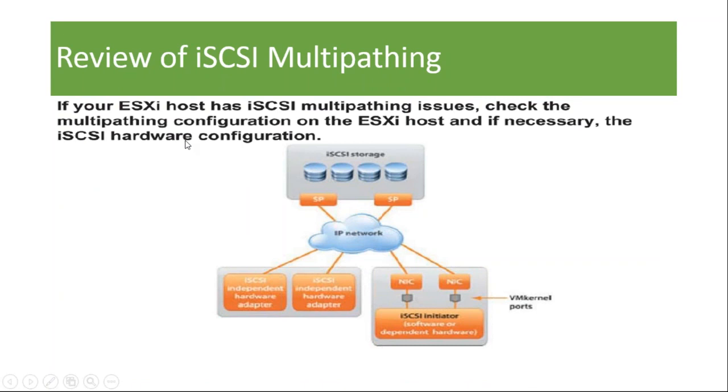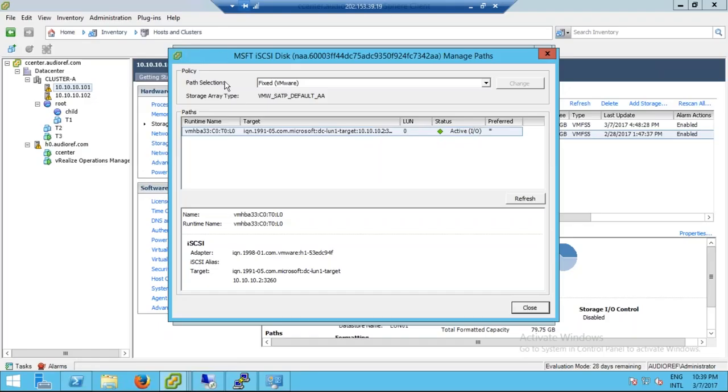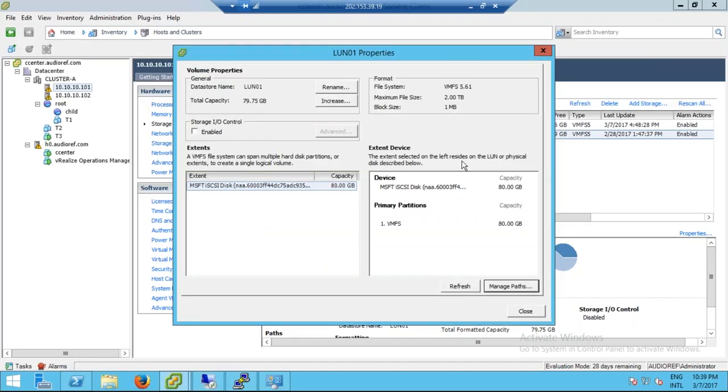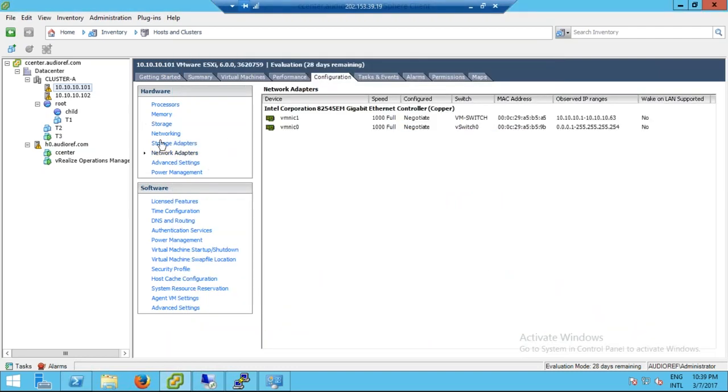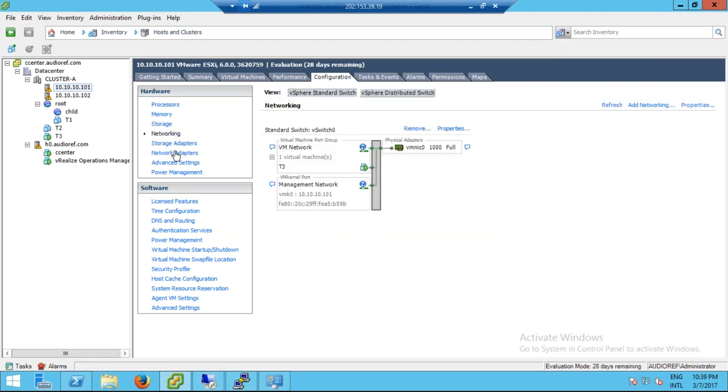If your ESXi host has iSCSI multipathing issues, check the multipathing configuration on the ESXi host and, if necessary, the iSCSI hardware configuration. You have to validate your iSCSI configuration, whether you have provided a single switch or multiple virtual switches for your iSCSI, and whether it is configured with various subnets or various port groups or